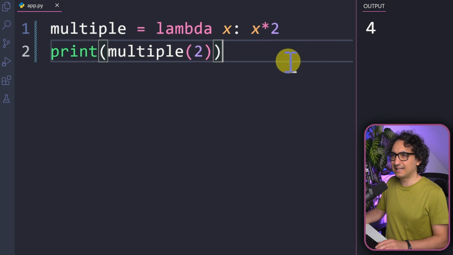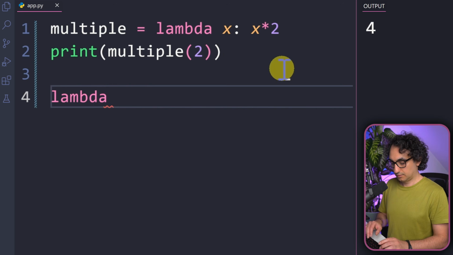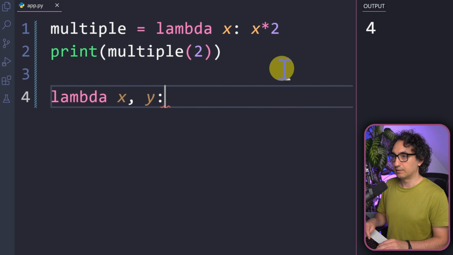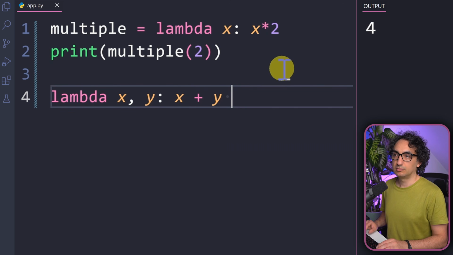Okay, so now let's take it to the next level where we have 2 inputs. So we have 2 variables. In order to do that, it is very simple. We start with the first input, it's going to be the x, and then a comma, and the second input. The rest is going to be the same. We're going to have a colon, and now we're going to tell Python what's going to happen with the 2 inputs. Well, we're going to say x plus y. So I'm just adding the 2 inputs. This is our formula.